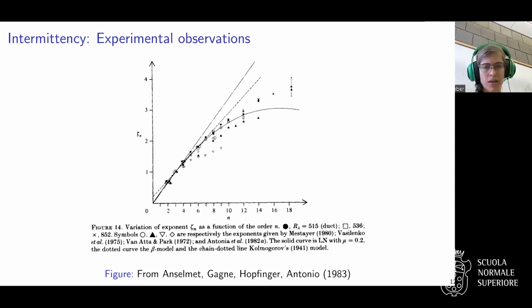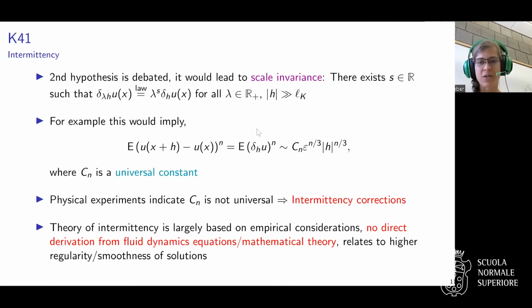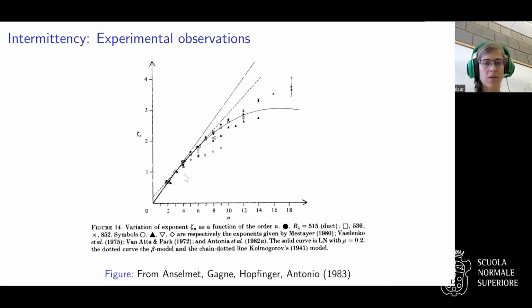So one thing, however, where there seems to be some agreement between these theories is this area here. In particular, the point where n is equal to 3 and zeta is equal to 1, which various experiments and all the theories seem to match. I think the theories were kind of correlated to this. And so this would be n equal to 1. So you see, through Kolmogorov's theory, you would get 1 here. And so this is related to what is called the 4/5 law.